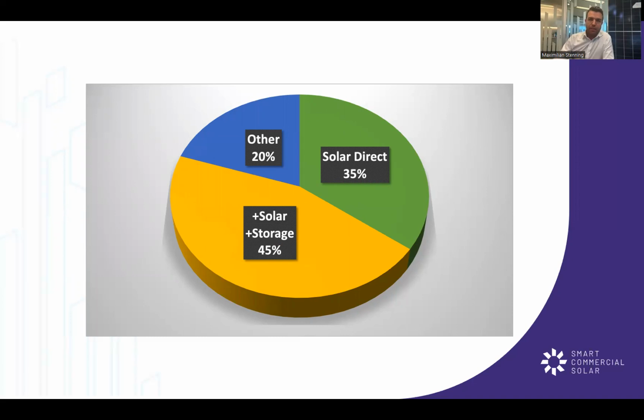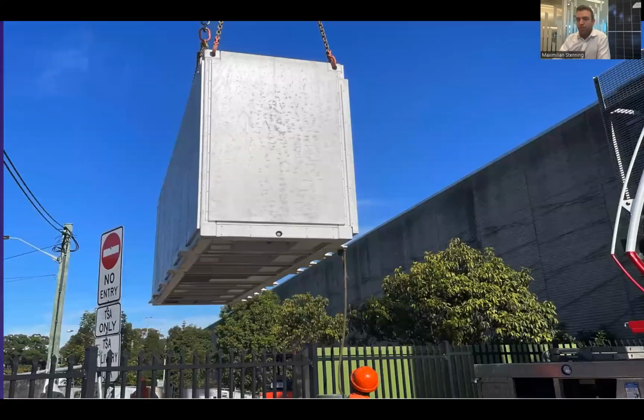But there will be some other technology that satisfies that. We don't know what it is yet. That's why this is kind of a journey for all of us. But we're open to the opportunity. And as long as we understand the data and as long as we're working with you, we'll be there when that technology arrives. So solar and storage, this is a Megapack, a Tesla big battery, 2.7 megawatts being installed